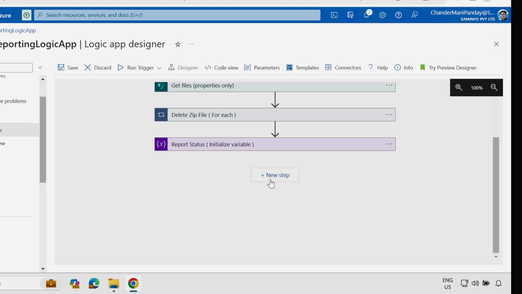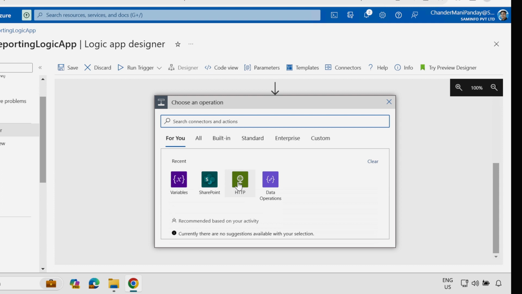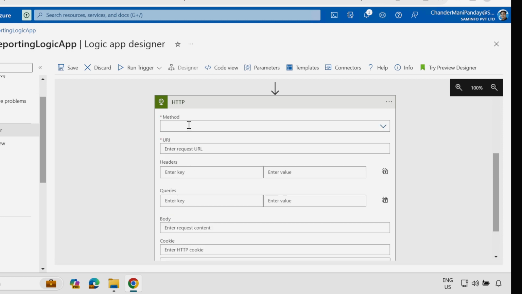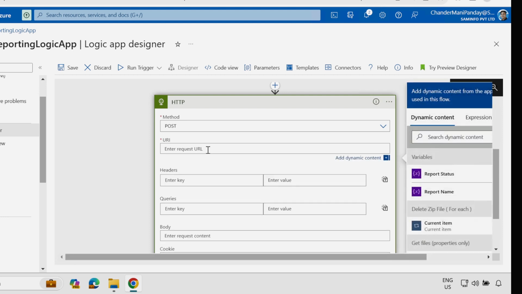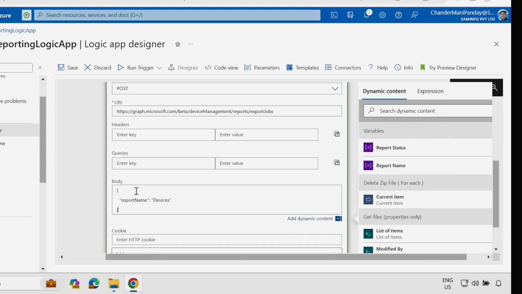So I am going to click on new step, and then here we have to search for HTTP, and under action we have to select HTTP, and then here the method is post, and here we have to provide the URL. So this is the URL, and then we have to provide the body. So under body I'm going to provide the report name, and I am going to use the parameter report name,